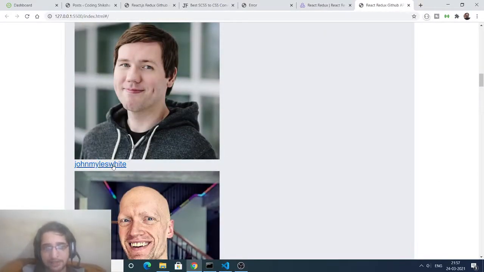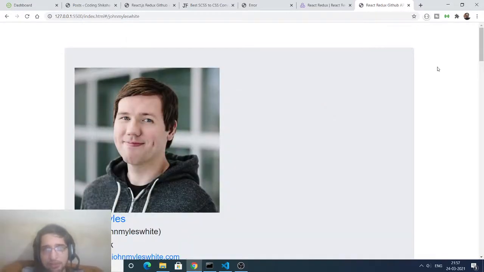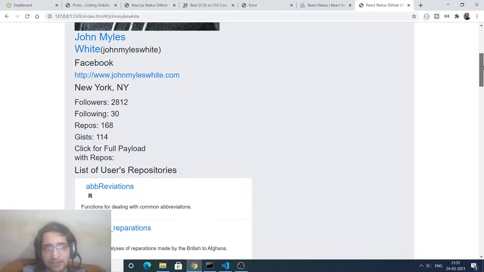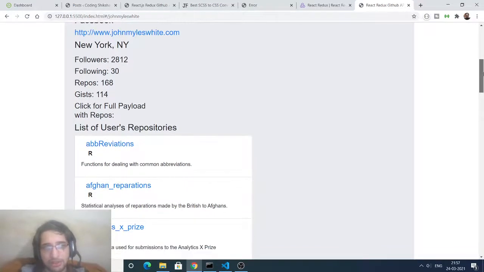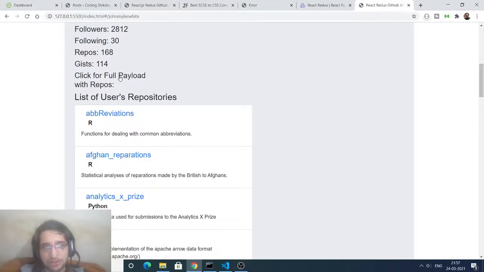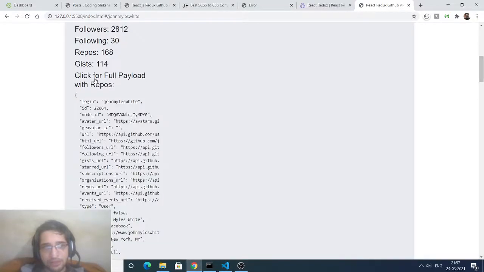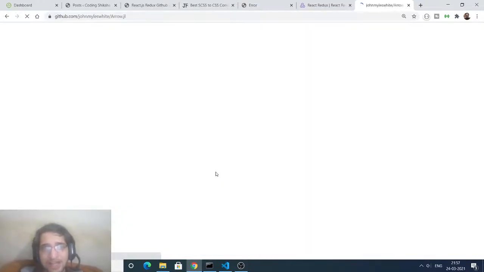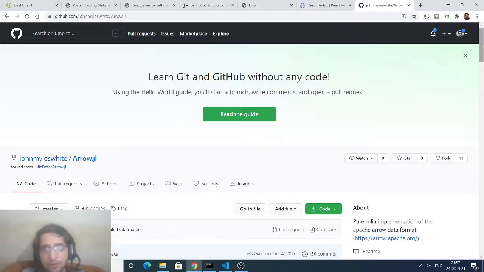If I click any of these GitHub usernames, it will display all the information: name, username, city, country, followers, following, number of repos, and gists. You can also have this as a JSON response. And if I click any individual repository, it will open inside a new window, where you can download all the source code.